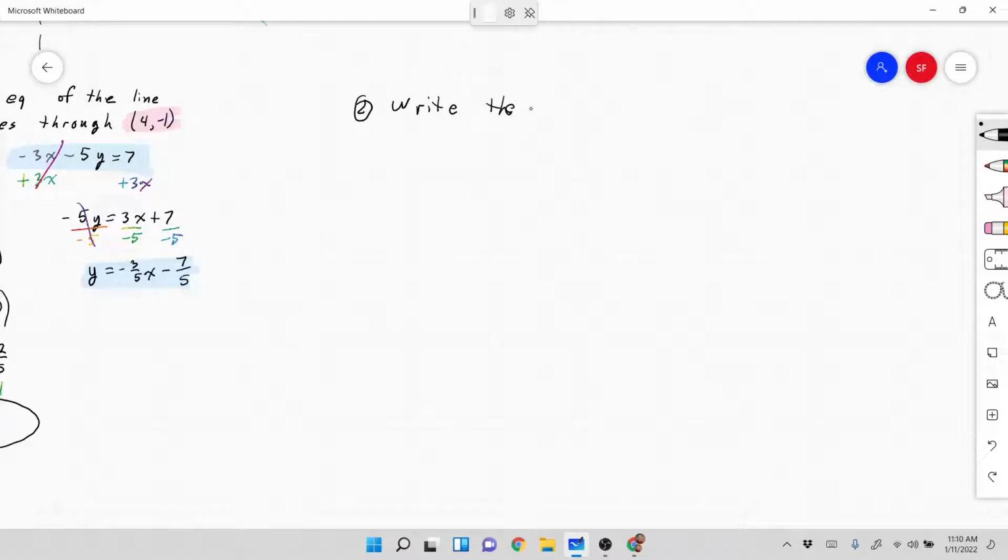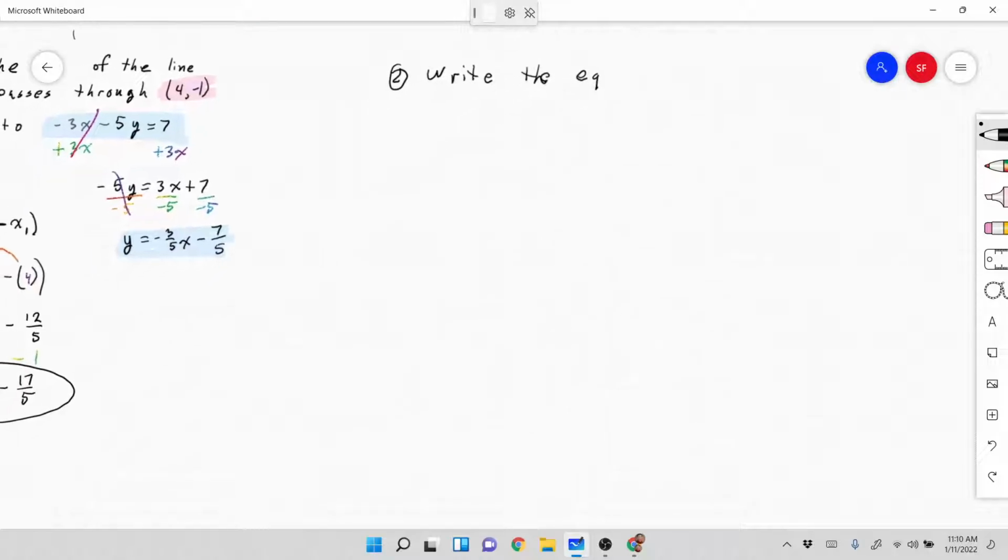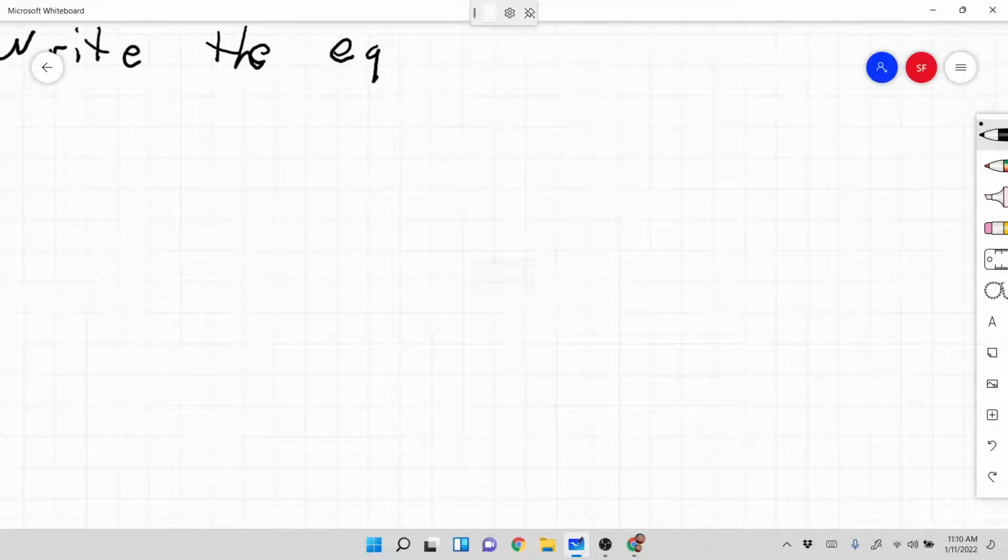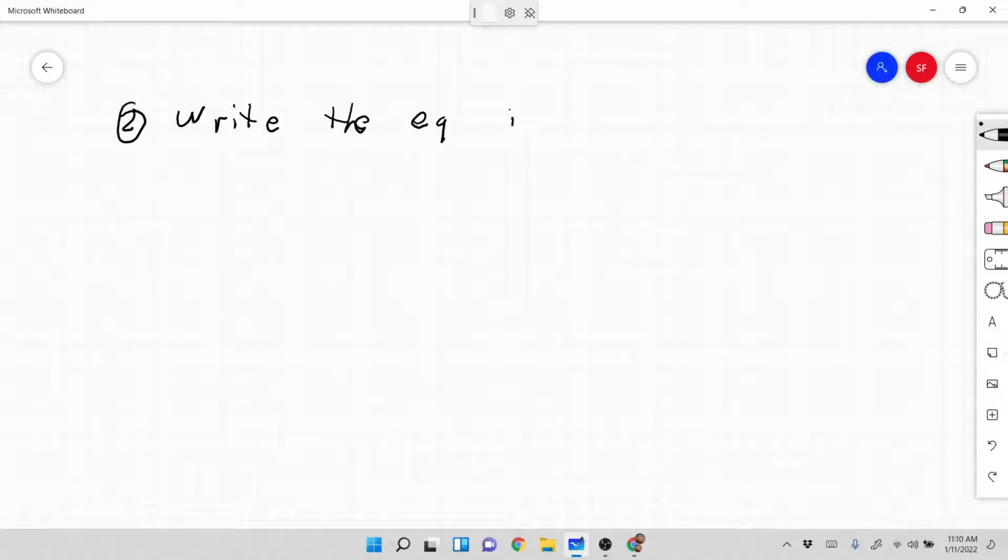The equation in slope-intercept form of the line which